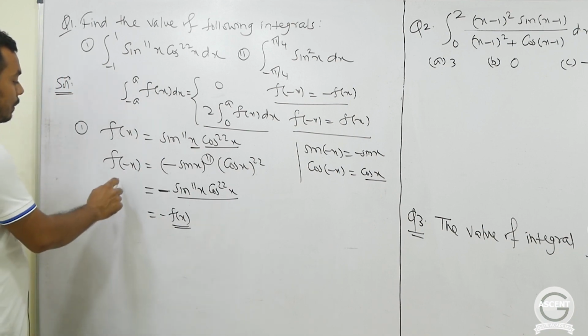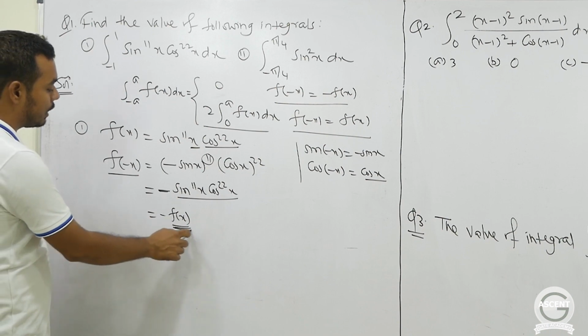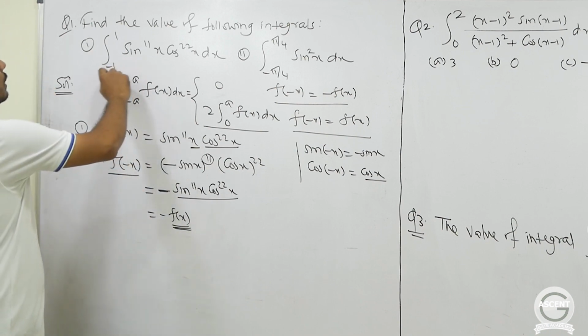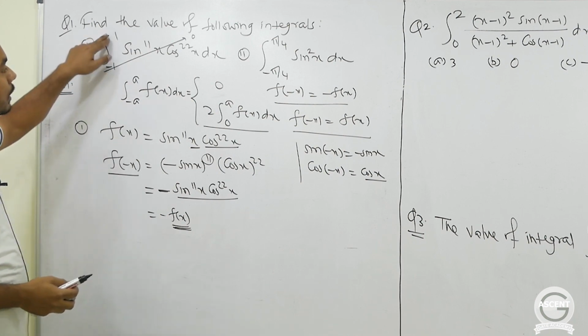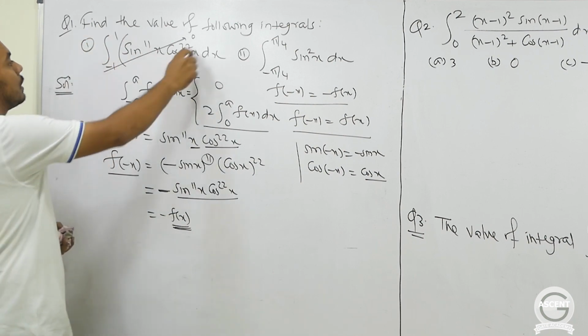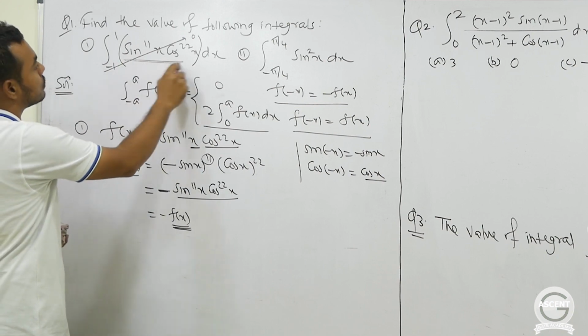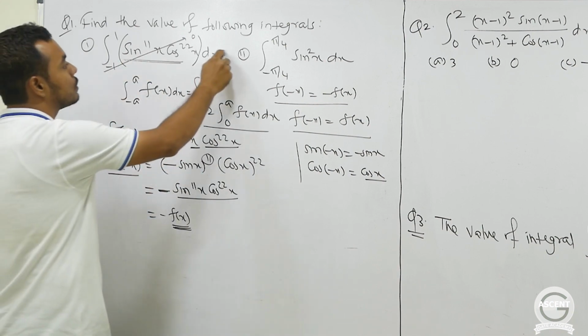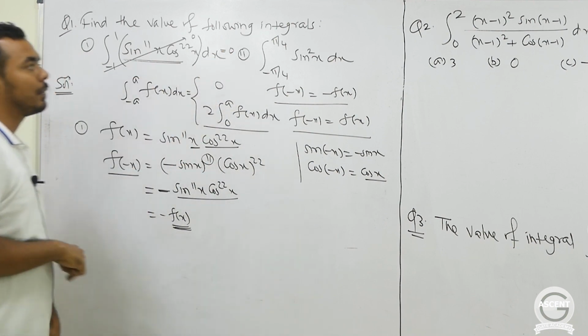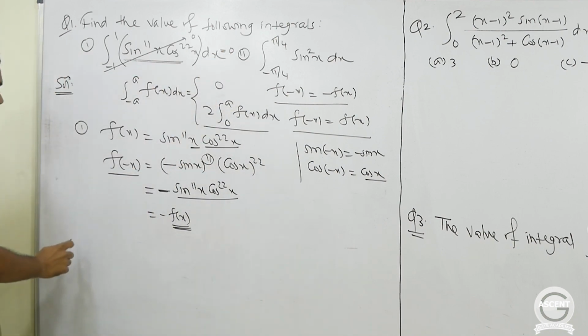Now once you have obtained that f of minus x is minus f of x, this integral becomes 0, because the limit is from minus a to a, and this function is an odd function. So since it is an odd function, the value of this integral will be 0. So for the first part of the problem, the answer is 0. The second problem is